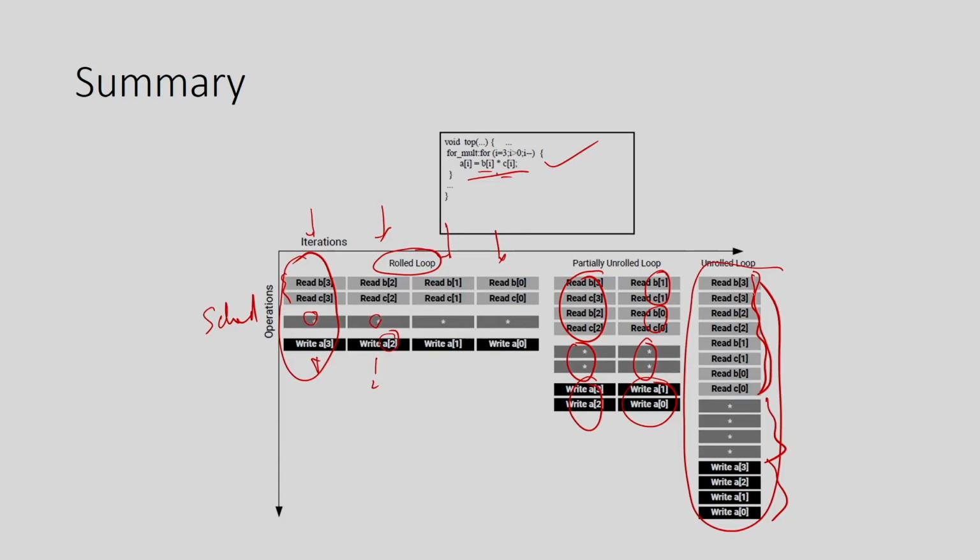For example, here even if you do this and you map B and C into block RAM, then you cannot access all 4 at once. You have to wait for 4 cycles, which is a single port. Even if you put them into registers, then you can access all of them in parallel. So, this is what the unroll factor depends on and based on that your schedule time will be determined. Okay. So, with this I conclude this discussion. In the next class we are going to see how the loop will be pipelined in the hardware. Okay. Thank you.